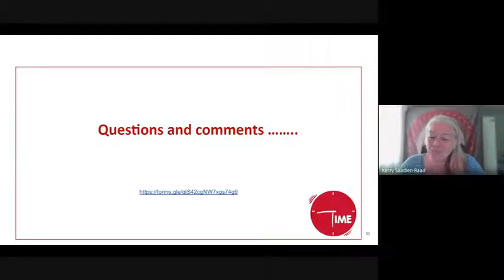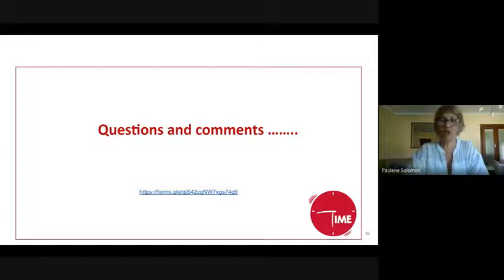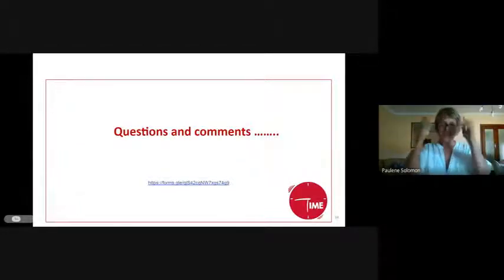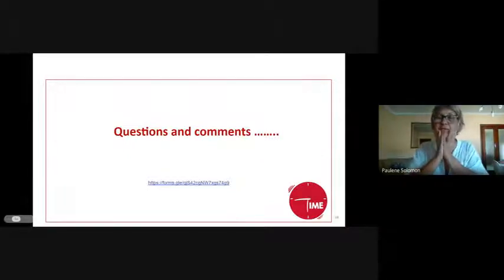Just to also let people know that the form that is in the chat box now is actually an attendance register. So I'm going to first open it to show you what it looks like. When you get into that, you have to open up that little chat, the speech bubble, if you haven't opened it, and you'll see Katie would have posted the link. You click on the link.